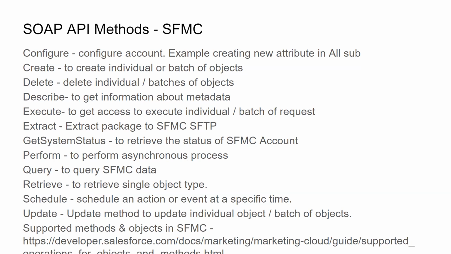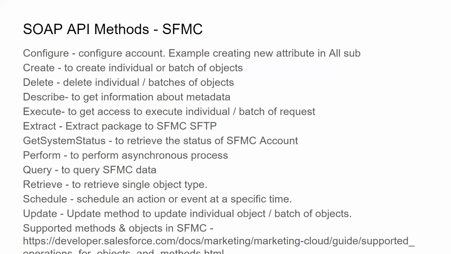And Perform is used if you want to run asynchronous processes, like running an automation from a third-party system. Query is where you want to perform a query directly. You want to retrieve the data from a data extension, pass it to another data extension, or first perform a query and then retrieve using the Retrieve method. That can also be done from a third-party system. And Retrieve is, again, as I said, you can retrieve how many data extensions there are, things like that. Schedule is where you can schedule automations